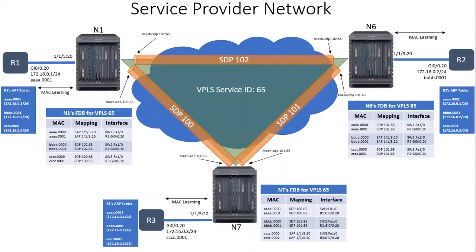So here's what it's going to look like from the subscriber's perspective. We're going to have a full mesh of service distribution points, or targeted LDP sessions, as well as a full mesh of pseudowires. And what this is going to do is guarantee us a loop-free IP/MPLS core. And the reason it's so